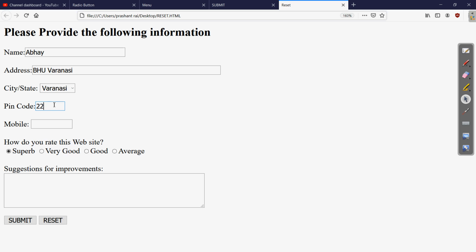Now the pin code. So let us write the pin code. What is the mobile number? You can give any mobile number. Okay, so it will only accept 10 digits, as the size of this we have specified as 10. In the same way, in the pin code also we have given the maximum as 6.